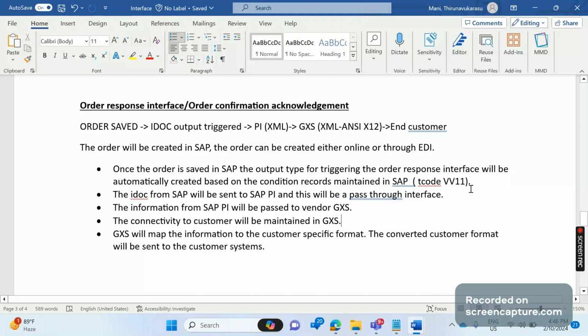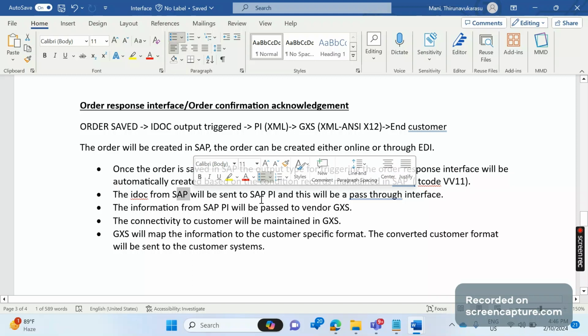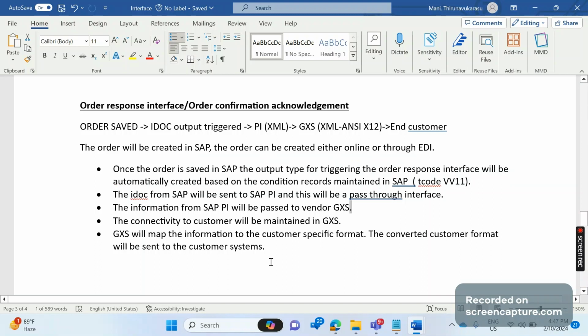And for which combination condition records should be maintained, whether the business wants them based on sales area, or sales document wise, or customer wise, we should gather that from the business only. So output is triggered when the order is saved. Then PI will receive that XML file. From PI, it will reach GXS, and from GXS it goes to the end customer. These are the basic steps of triggering the